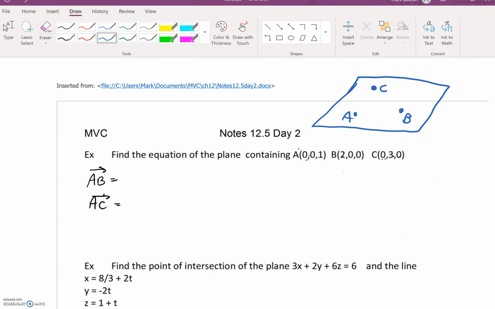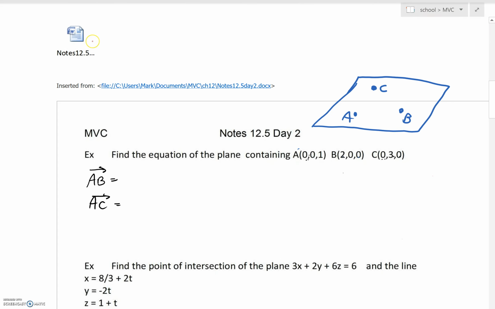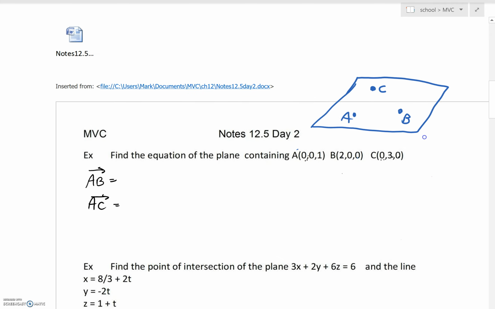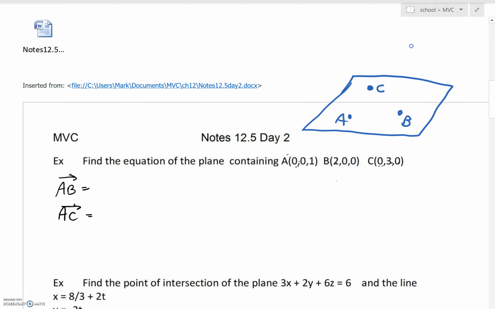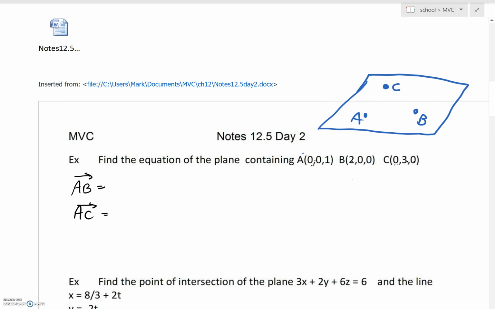Multivariable calculus. We're on 12.5, day 2. We are asked to find the equation of a plane, and we're given 3 points, A, B, and C. You can see at the top of the screen here I've given a picture, and we'd like to write the equation of this plane. What we saw before, however, in our last lesson is that every plane has a normal